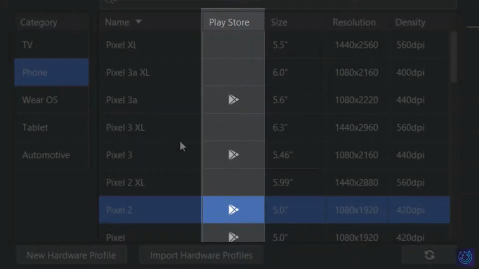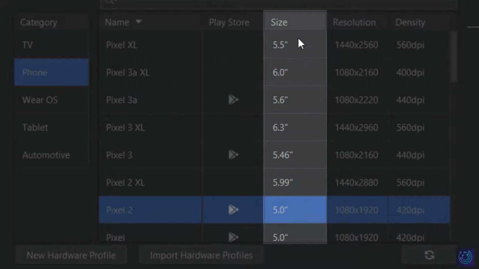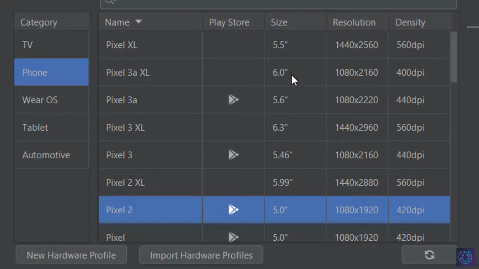One point to note is that make sure that Play Store is available for the device, so that you don't have to install it externally. It makes the process of installing apps into the device easy and simple. And the next thing is you can also go for screens of higher size. You can maximize or minimize the device as per your wish, but it's better to have a bigger size device from the start.